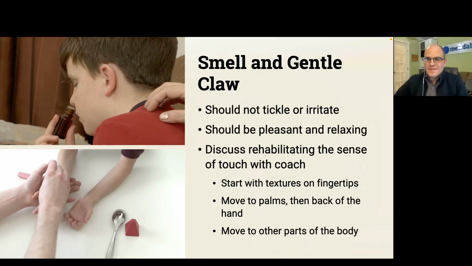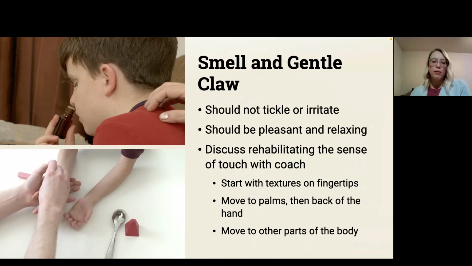Yeah, I mean, my girls are 6 and 12, so there's a bit of an age gap there, and I expected there to be some differences between the application with them. As it mentions on this slide, sometimes there may be an opportunity to rehabilitate the sense of touch, and I had maybe been concerned that we may have to do that with my eldest. She's sensory defensive, so doesn't like to be touched, can't hug her, those kinds of things. So it actually was okay to start.